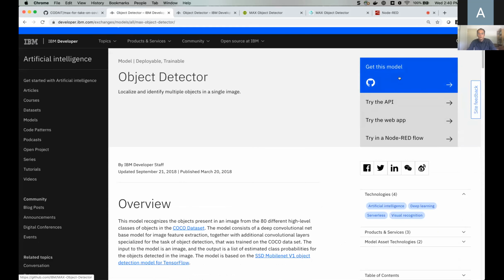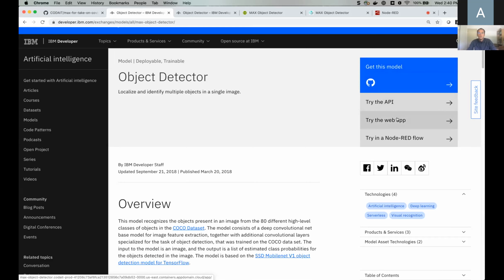So this gives you a lot of flexibility, right? Because this model, when you have the source code, is like a white box, right? And you can debug it, you can extend it to meet exactly the needs that you have. If you click on this Try the API link, I'm going to do that in a second, you will be able to test this service because we have an instance deployed on the IBM Cloud. And if you click on the link, you will be able to see what we call the endpoints that then your application can invoke to communicate with that service.